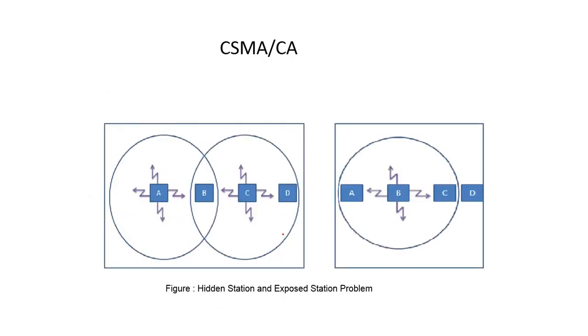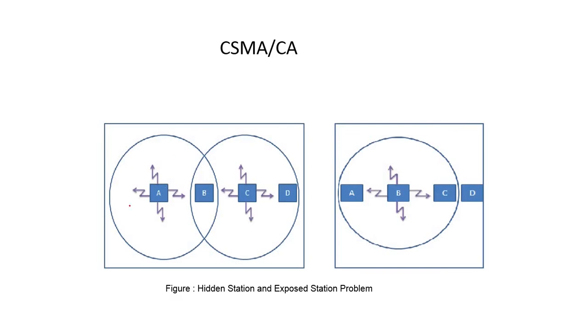The last one is Carrier Sense Multiple Access with Collision Avoidance. Given the limitation of CSMA, collisions occur. With the next protocol, CSMA/CD, we are able to detect collisions, but we are still not able to solve the collision situation. That's why there is a new protocol, collision avoidance. So what happens in that case?